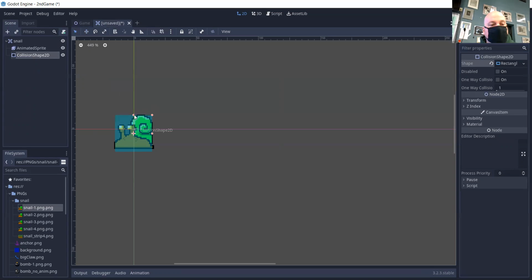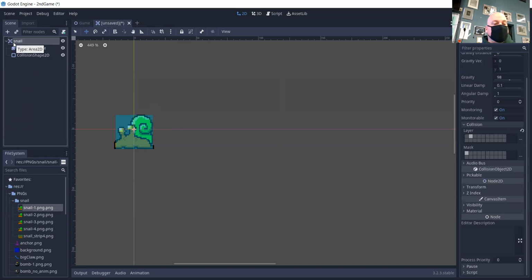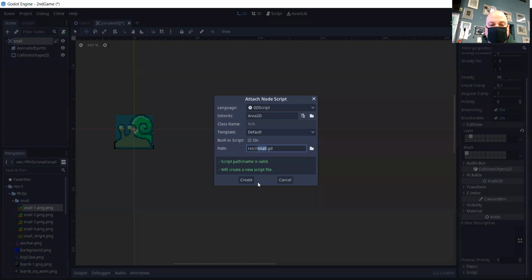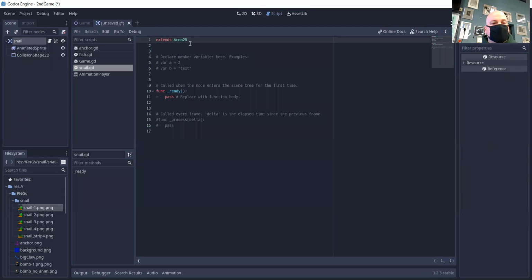And you can play around with this for a long time and agonize over it, but for the sake of this video, I'm going to stop right there. I don't want to accidentally select my snail children, so I'm going to click on this to make the children unselectable. Now, it's not going to move, and so if I add a script,